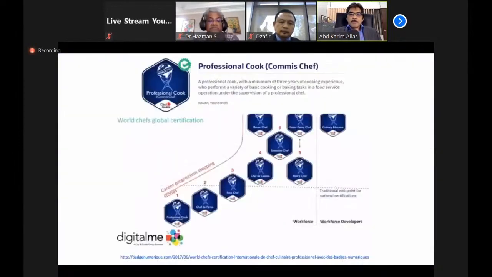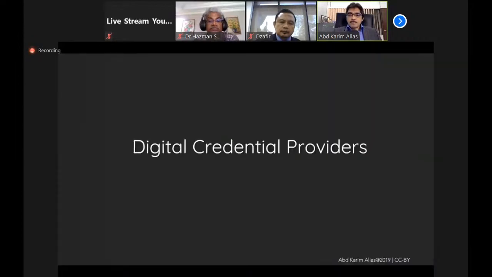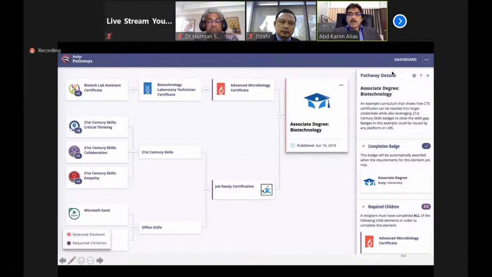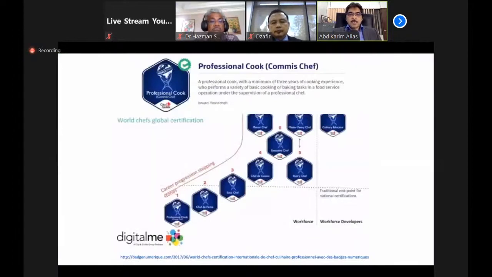And the last two slides here are the learning pathway. These are only examples of how we can, in this case, take an associate degree in biotech and unpack it into a series of certificates and a series of modules. So the student will take them and then stack them up, and finally will get a final degree. This is another example. You can have a look at it when you get the slides. There are many examples out there, and I just picked two examples here.